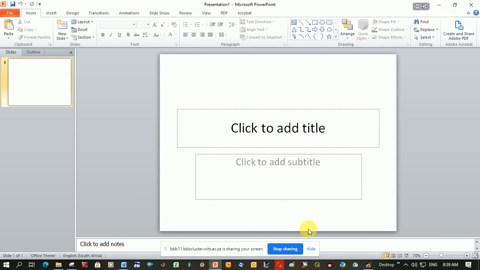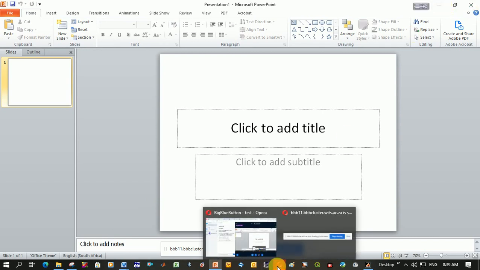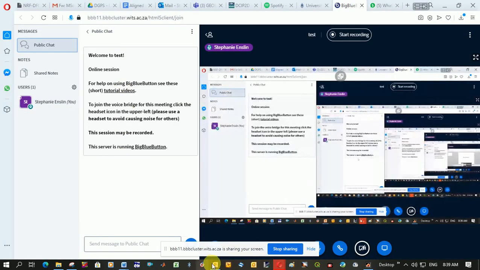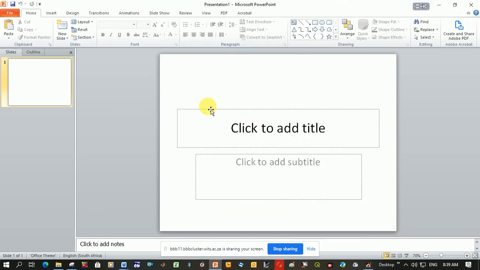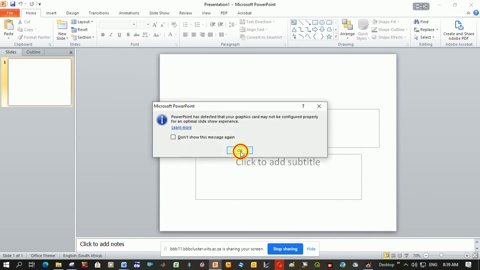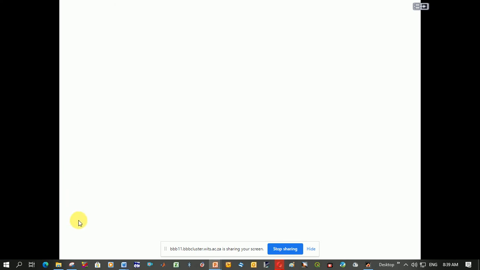So one problem about not having two screens is I honestly can't see if the students are typing anything in the chat if I've got my PowerPoint open. So that is the only thing. I think if you go to slideshow on PowerPoint, I don't know if you can,